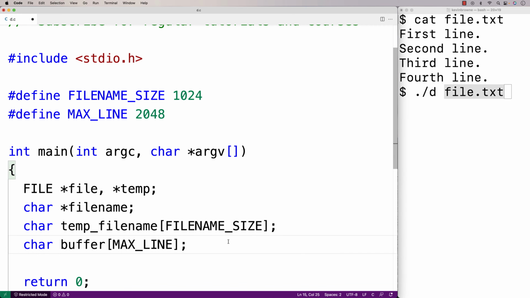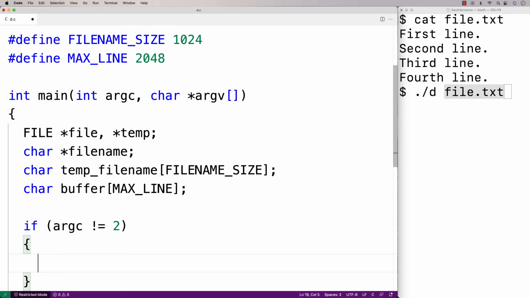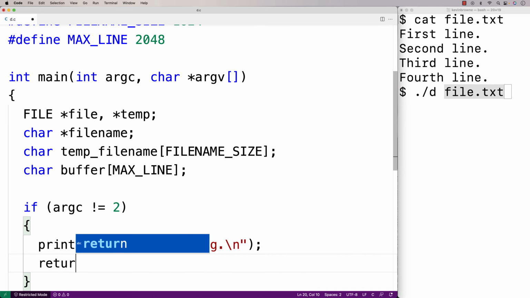So if argc doesn't equal 2, we have a problem. We have the incorrect number of command line arguments, because argc is giving us that number of command line arguments, whatever it is. So we'll say if argc doesn't equal 2, printf argument missing \n for a new line, and